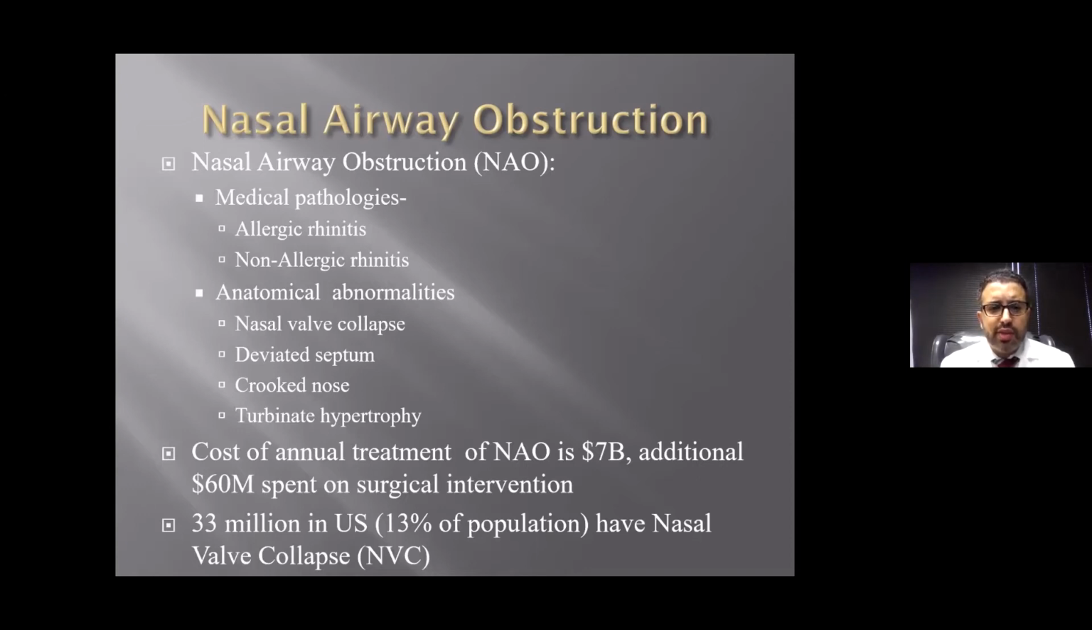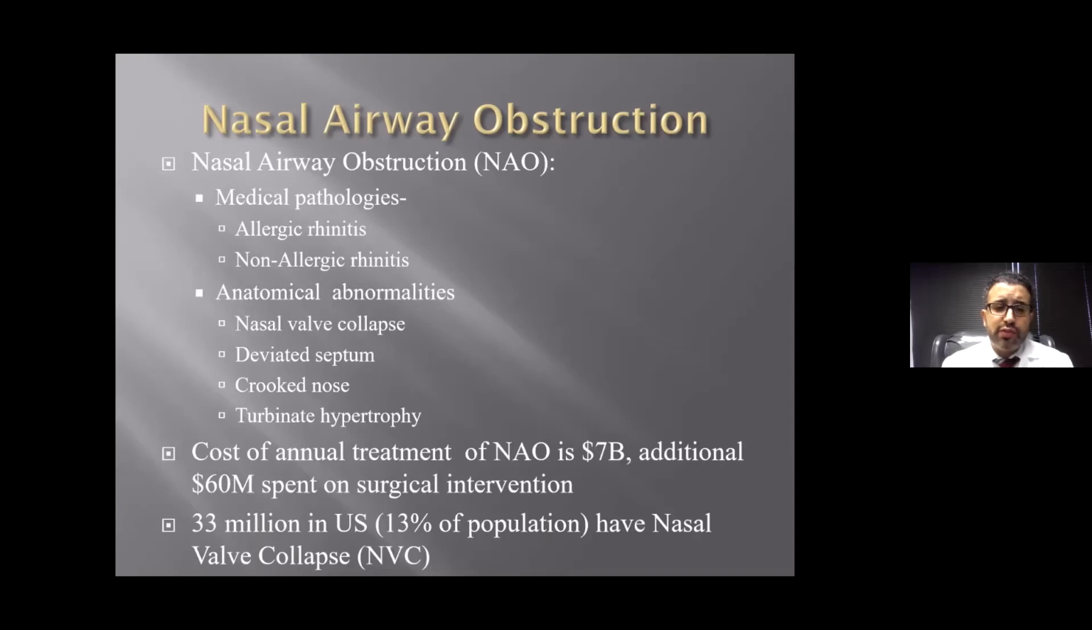And then we'll talk about some of the anatomical abnormalities, and these are structural abnormalities. People have what we call nasal valve collapse, or weakness in the cartilages of the nose, deviation in their septum, or a crooked nose that's causing obstruction. There's also a structure in the nose called the turbinate, and turbinate hypertrophy, basically an enlarged structure, can cause difficulty